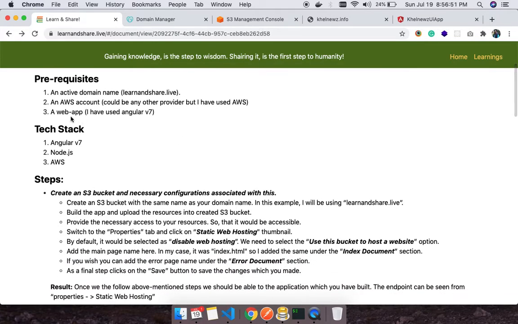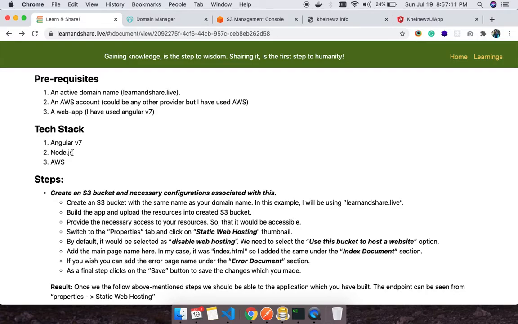So the technology stack is Angular, Node.js, and AWS. In this example I'm not going to cover the Node.js part, but I'll explain why this is required. Let's say you wanted to host a dynamic web application, right?